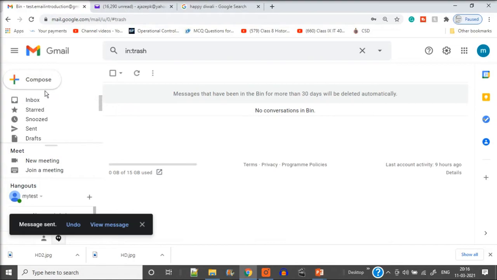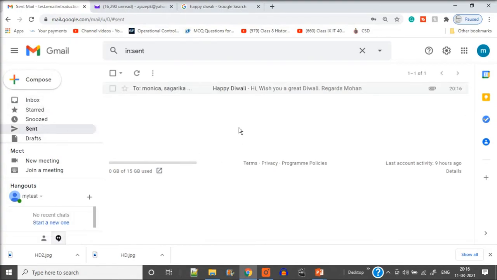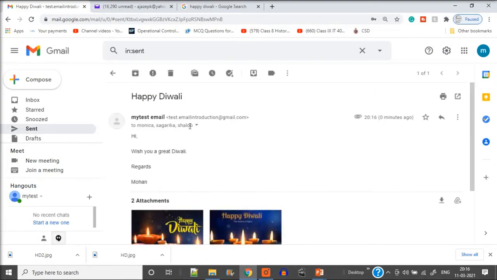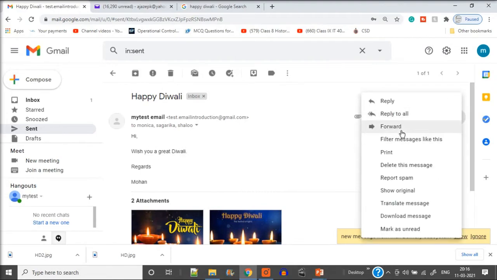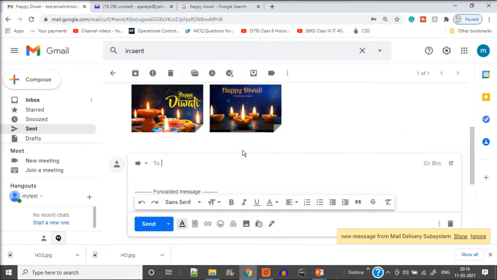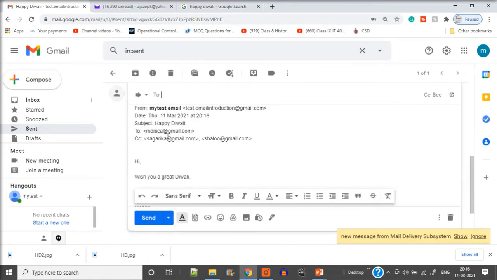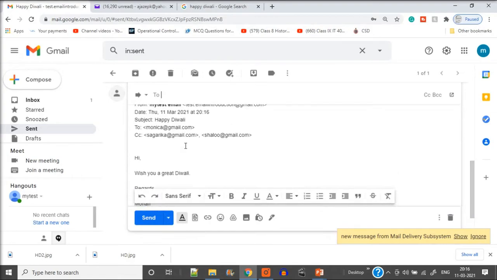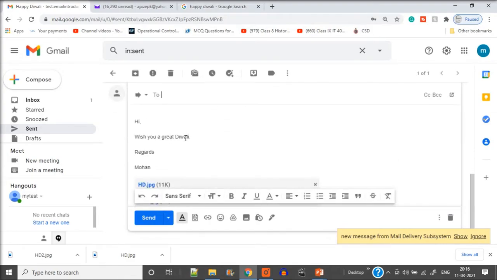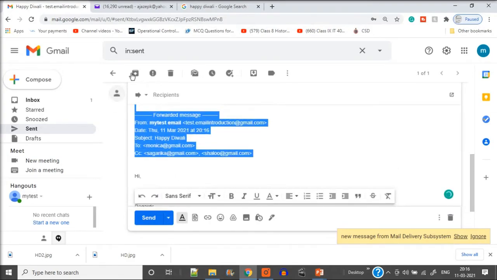Now since the message has been sent, okay. Now these 3 emails I have used, I just used random, just to show you. So you see there is a problem also coming. New message from mail delivery system that these email IDs do not exist. So now I'll show you that I am sending this email. I'll show you forwarding also. Same mail I am forwarding also.